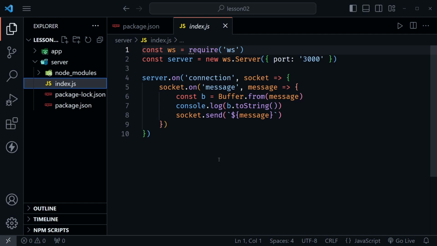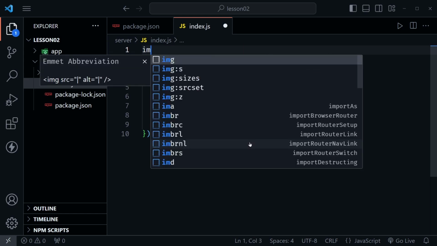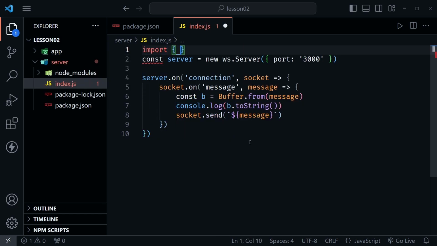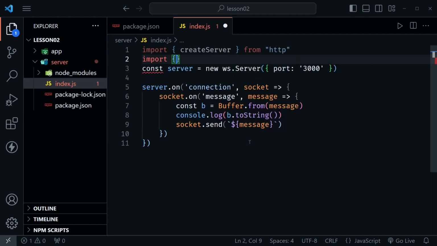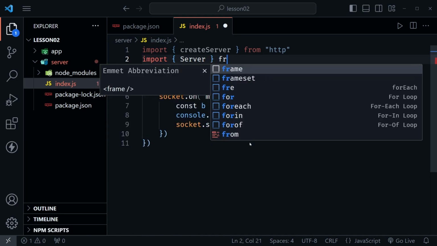And we need to change a few things here. So we'll start at the top, and we're no longer using WS. So we can go ahead and remove that. And instead, I'm going to import, and then curly brace, createServer. And this is going to come from HTTP. And after I import createServer, I need to import Server with a capital S, and then that is going to come from